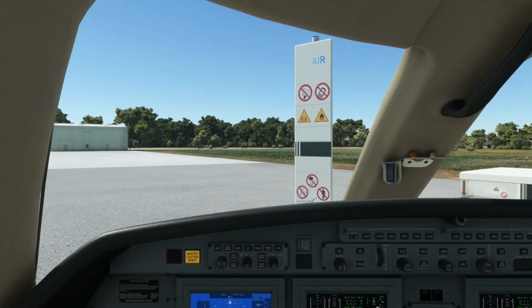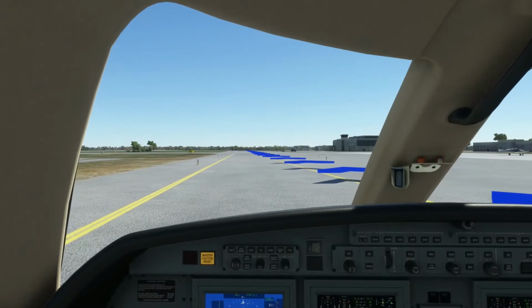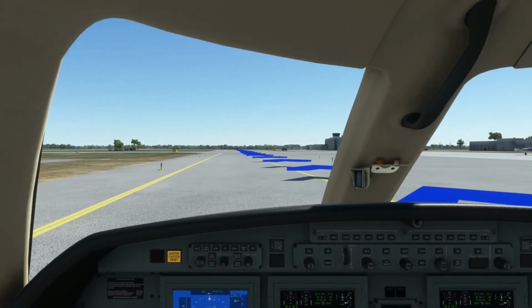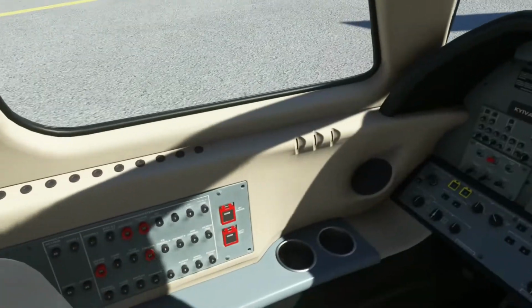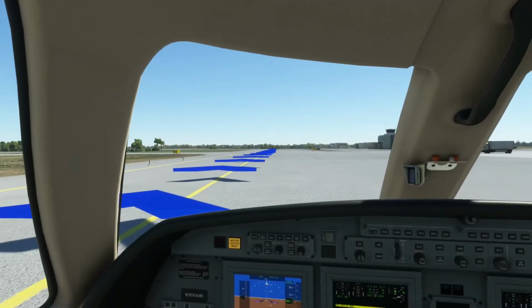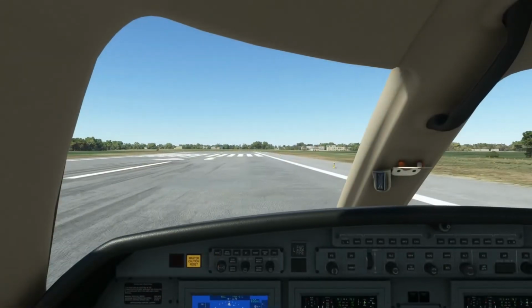Buongiorno. Today I'm in Crotone and I'm going to fly to Sicily, landing at runway 8 at Catania. It's an ILS approach, and it's going to take us all around the